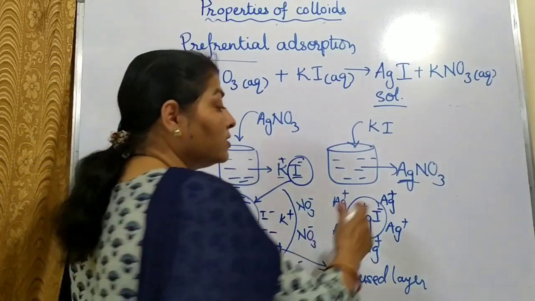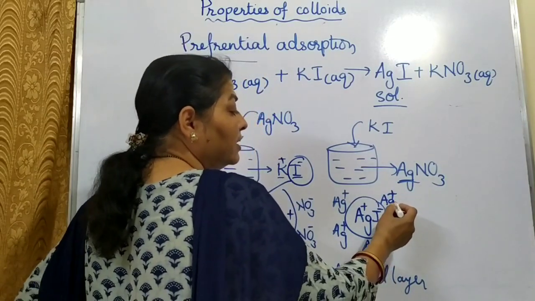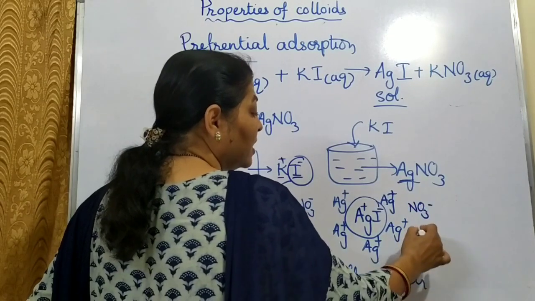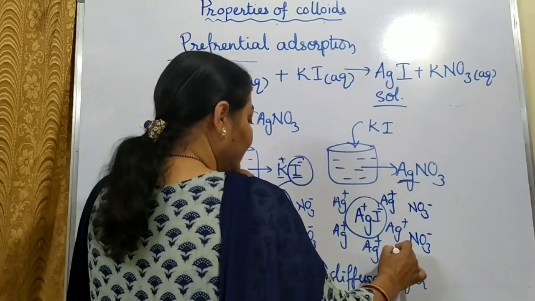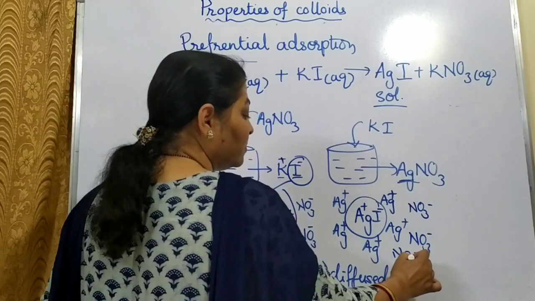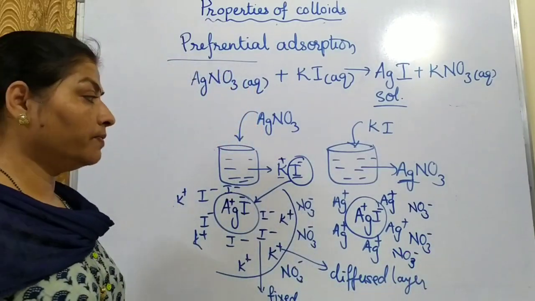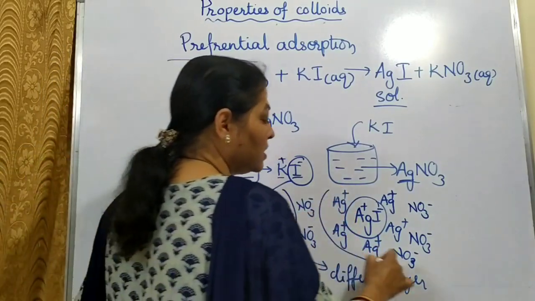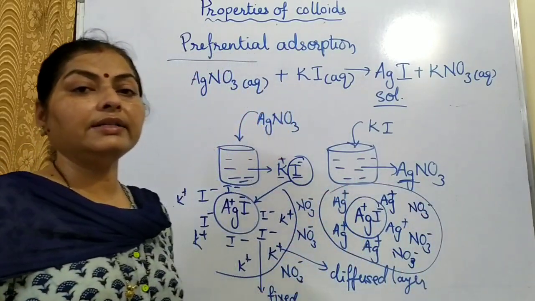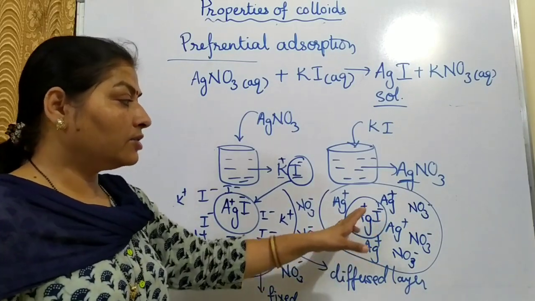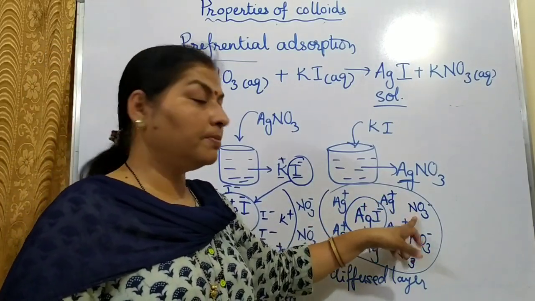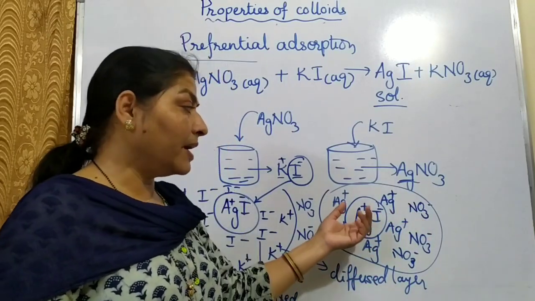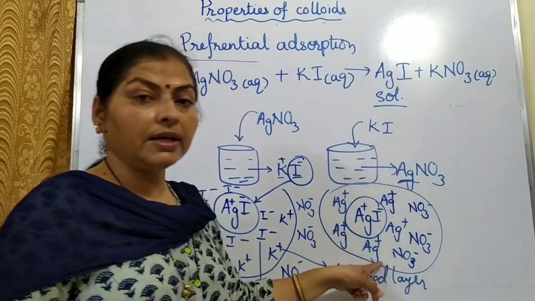Getting it? In the same way here also an electric double layer will be generated. Here Ag plus is there. The ion just next to it will be NO3 minus, which will be diffused next to it. So here also a double layer will be formed. There is some discrepancy in your NCERT textbook in this figure. Actually here I minus has been shown, but it can't be I minus because Ag plus and I minus will again form a salt particle. So it should be the other counter ion, NO3 minus.